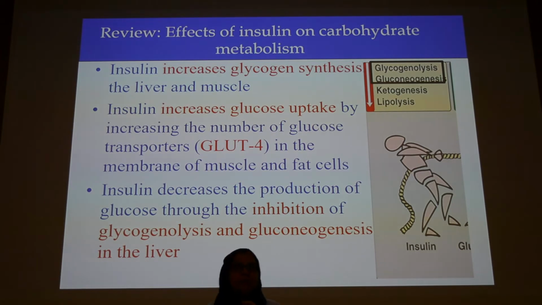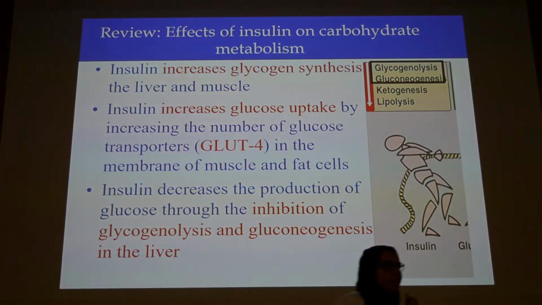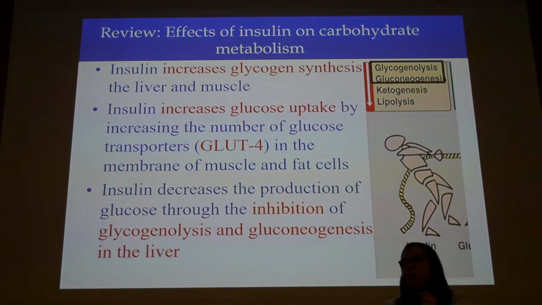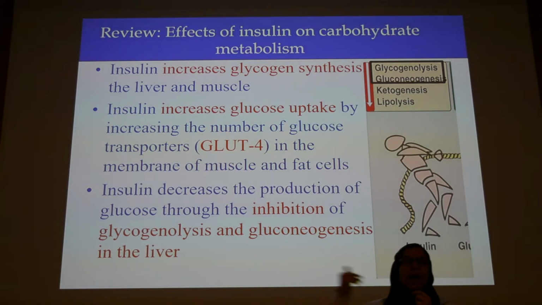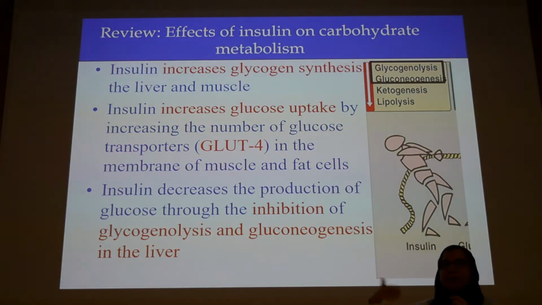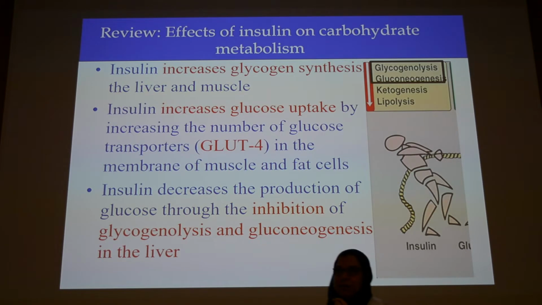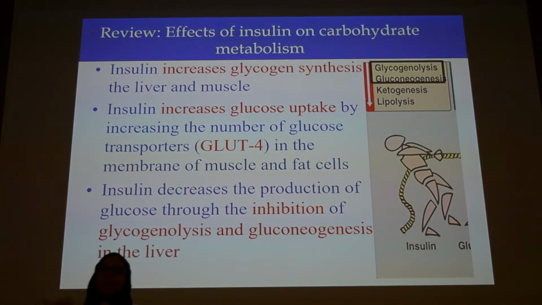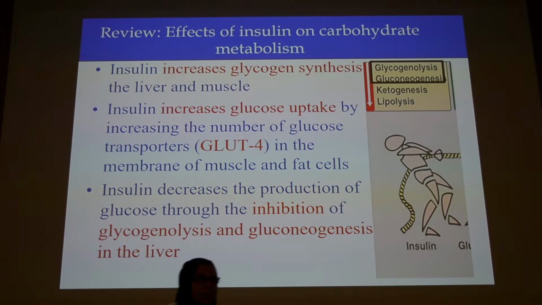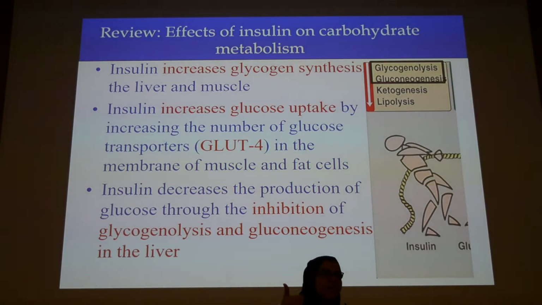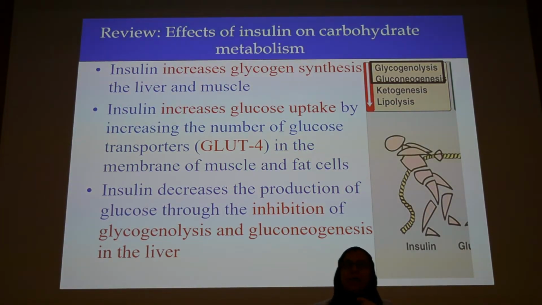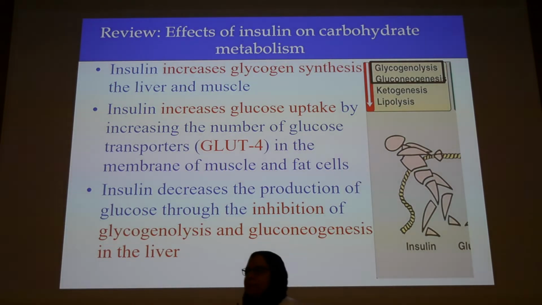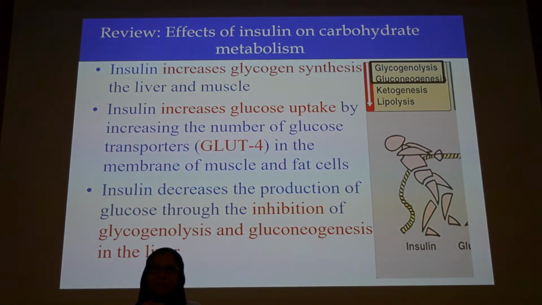What is the role of insulin? To lower the blood sugar, okay? And it is an anabolic hormone because it is signaling the well-fed state. So in the well-fed state, do we store things or do we break things down? Store. Okay, so we want to store the glucose as glycogen. That's why we are going to activate glycogen synthesis and inhibit glycogen degradation.